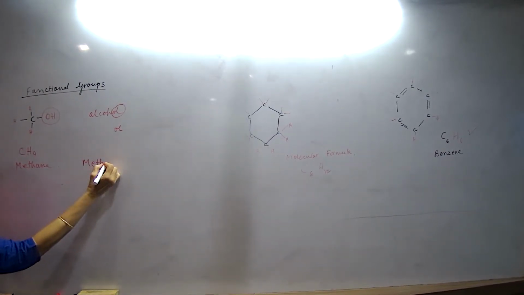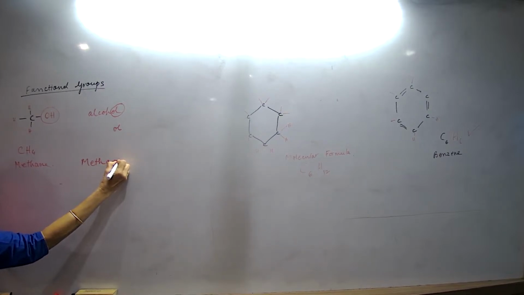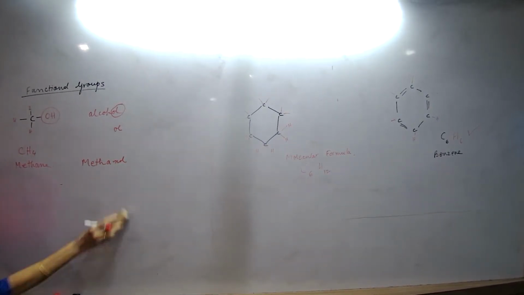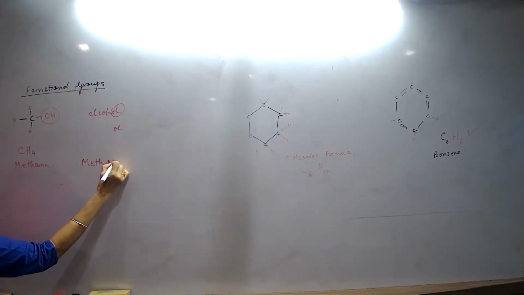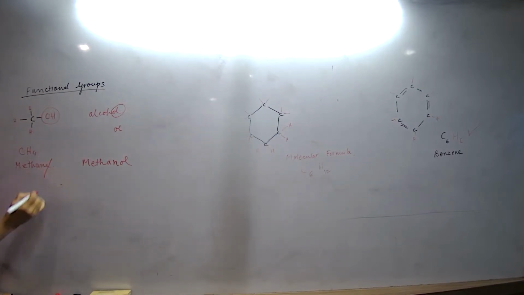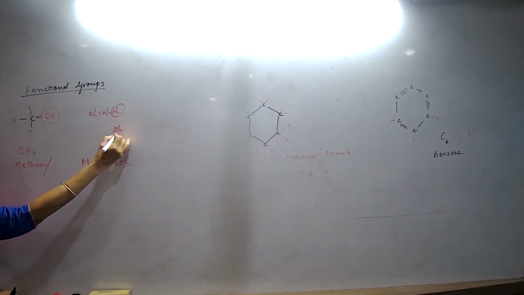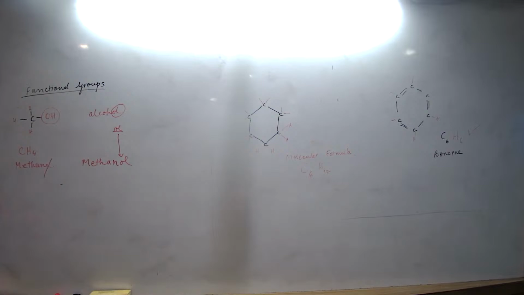After that we say "nol". Understood? So what have I done now? I have cut out this E and I have put an ON. Understood? Methanol. Next will be what? Ethanol. Next is what? Propanol. From propane, propanol. From butane, butanol. Very good.